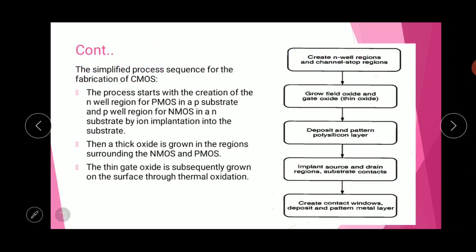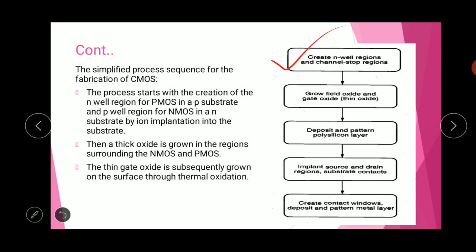Next, the simplified process sequence for the fabrication of CMOS. The process starts with the creation of the N-well regions for PMOS and P-well regions for NMOS by ion implantation into the substrate. Ion implantation is the process of adding impurities to a silicon wafer or substrate. This is performed with an electric field which accelerates the ionized atoms so that these particles penetrate into the target